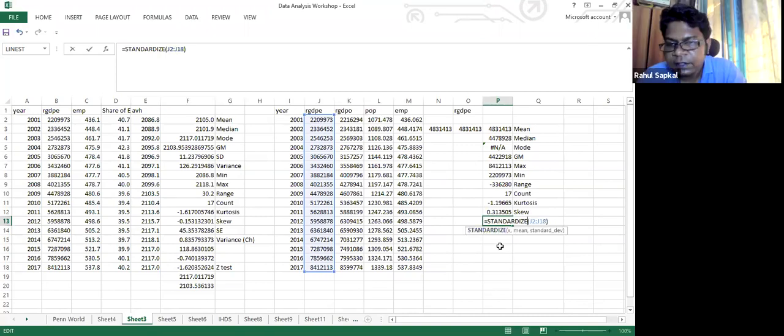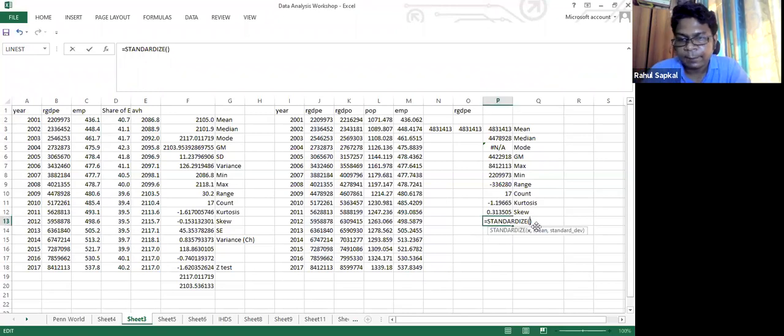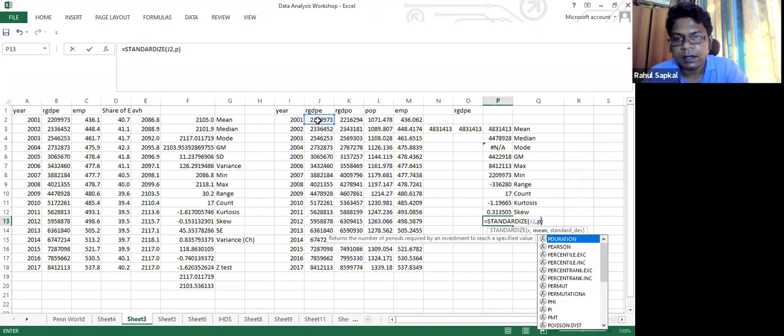So now it is not taking the S value, but it is already giving you the value. So here they're asking standardize. Then X, they're asking what is the X value. So you can put X here with this one, comma, what is my mean? So my mean is this one. So you can put the formula. So standardize. Then I'll take my value, this one, comma. My mean is P3.